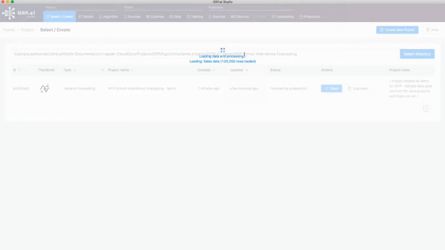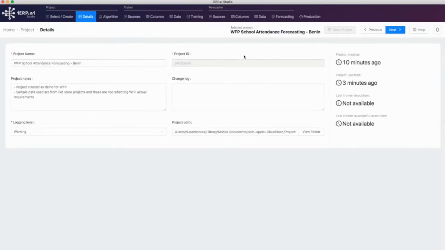Errors in the data processing mean that the imported data has a wrong format, or there are some illogical sequences in the data where, for instance, the date has been exchanged for the product or vice versa. As I was mentioning, this project has been created for the World Food Program as a demo, but it's using sample data from a pet shop,